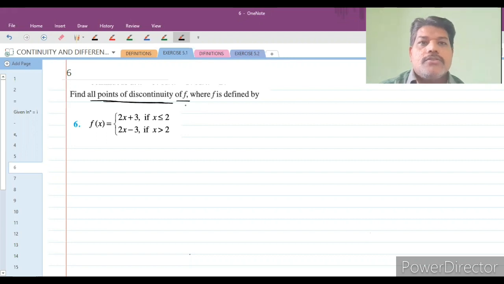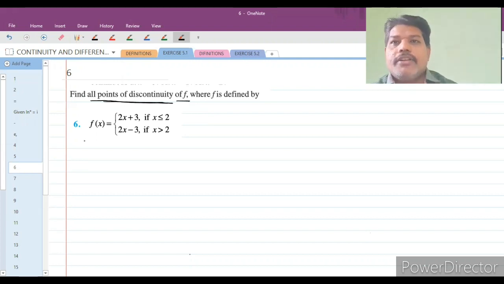Do you understand, students? So what is the discontinuity of the function? They are asking us to discuss the discontinuity of the function. That means first we have to identify the domain of the given function, that is, where the function is defined. So in the domain, what are the points of discontinuity? There are a number of points. What points are they asking? Are you understanding that? So how to solve this type of question? See that question, students, how to solve this one.